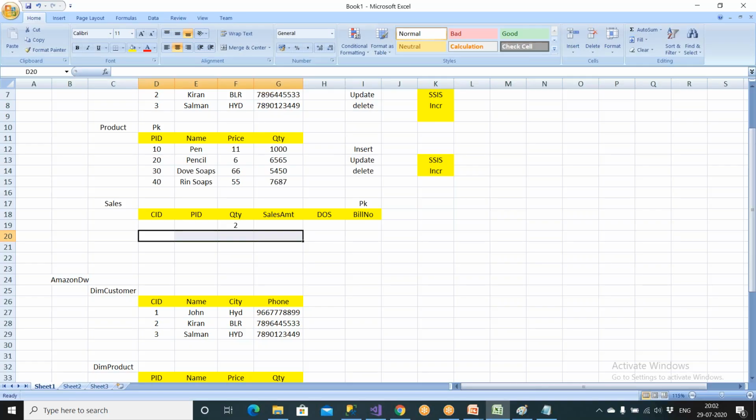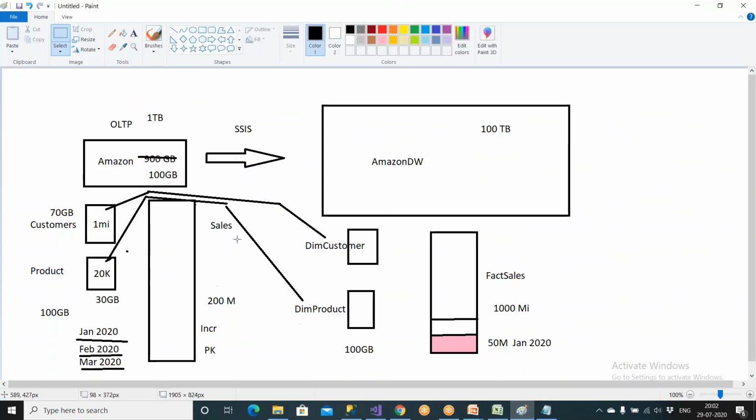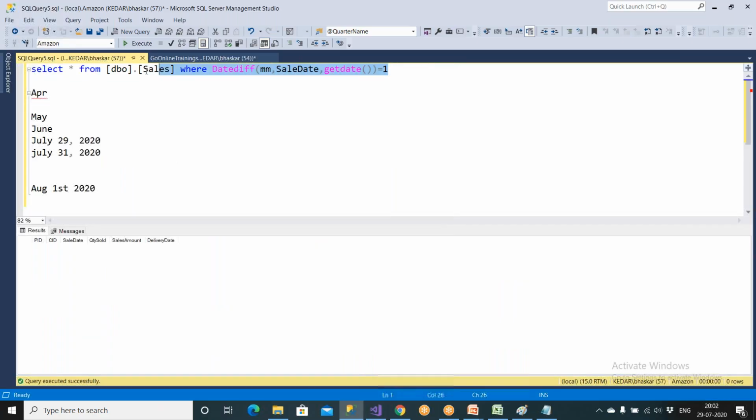So in the transactional tables, we never ever get updates. Only inserts will be there. So no need of talking about updates here. Only insert. Take the data and insert. So how? Simply take last month's data and insert it. Clear? So that is the reason